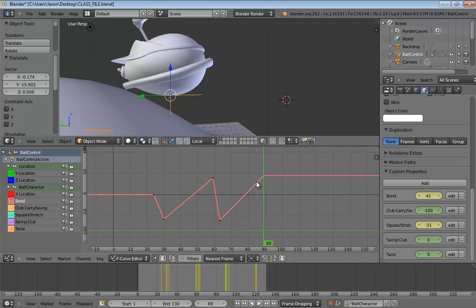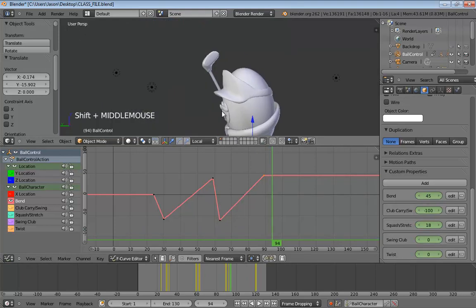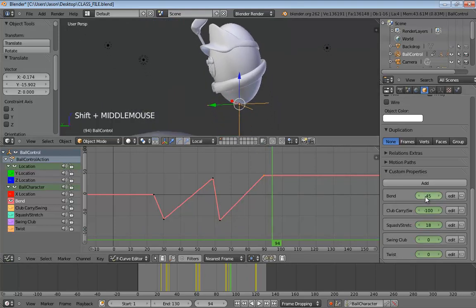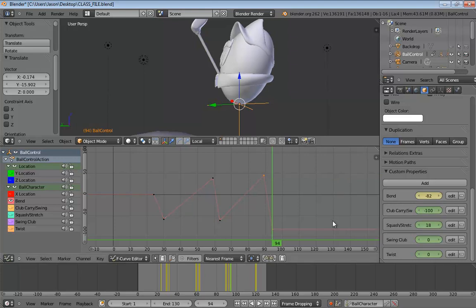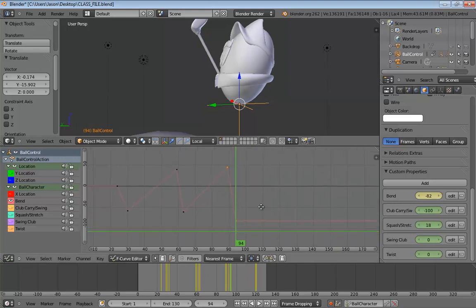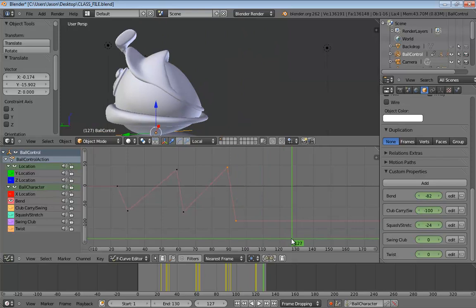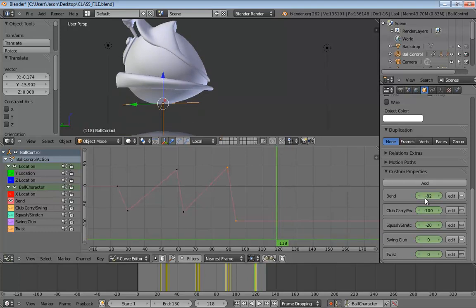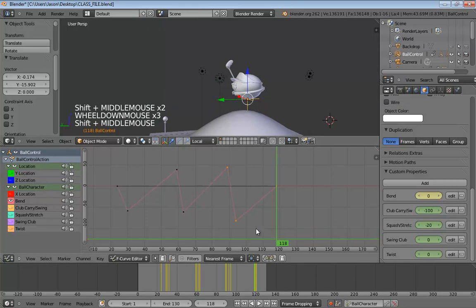All right, so next we'll jump forward about 4 or 5 frames and rock our character back again. And then he needs to land on that last key. Since he's coming in for a landing right about here, we'll just set our bend over to 0, because he's not going into another jump at this point.